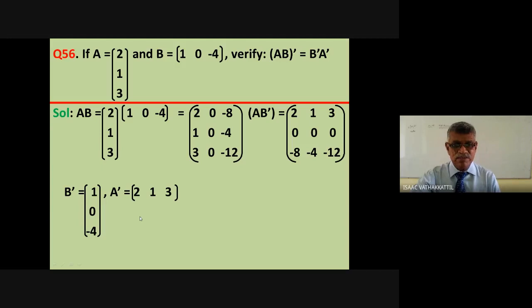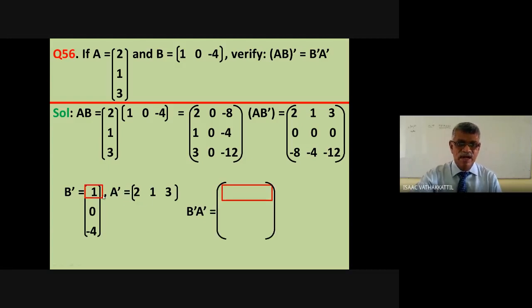Now when you multiply B dash, A dash, I can skip writing this again because it's already written. I can use this to multiply. Remember, I am using first row, first column, that is 2, 1. First row with the first column is 2, first row with the second column is 1. Remember how I am getting? You know now how to multiply. First row with the first column, that is here 2. First row with the second column, that is here 1. First row with the third column, that is here 3.